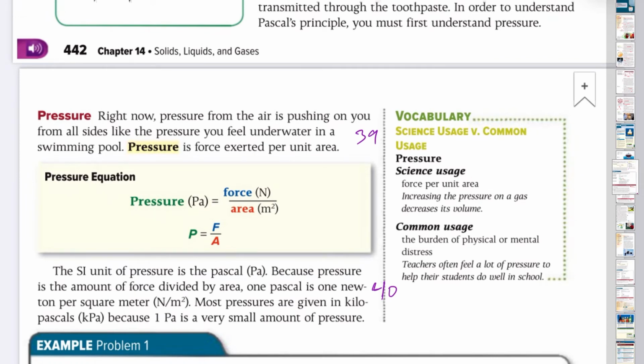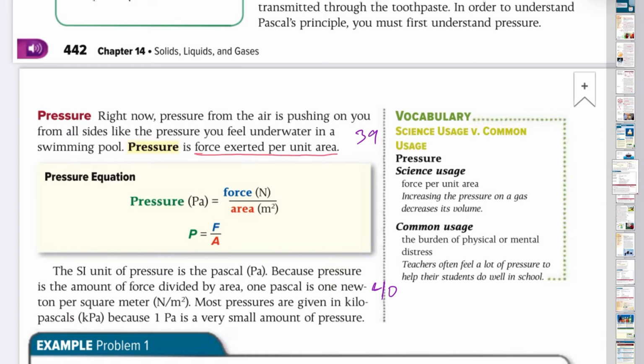So pressure. Right now, pressure from the air is pushing on you from all sides, like the pressure you feel underwater in a swimming pool. It's about 14 pounds per square inch, is what typical air pressure is. Pressure is force